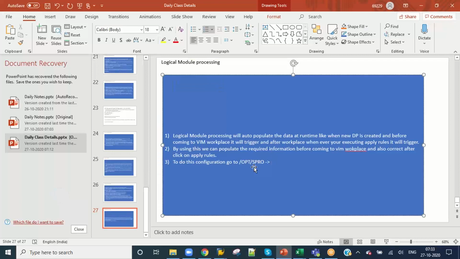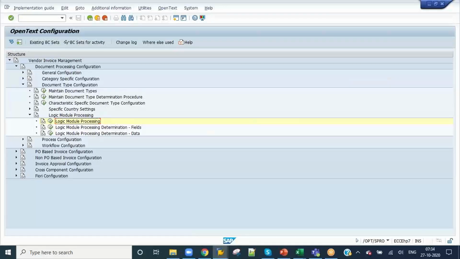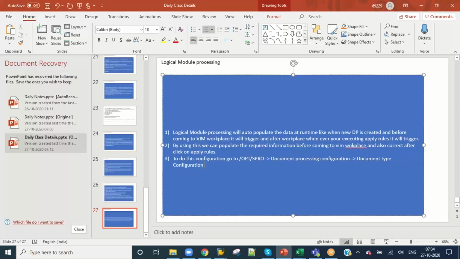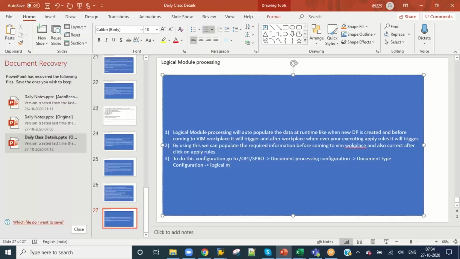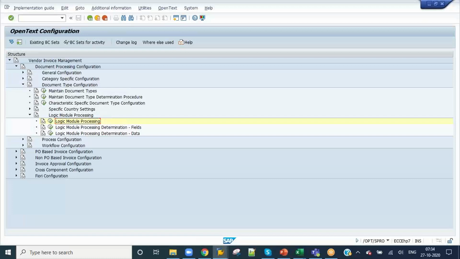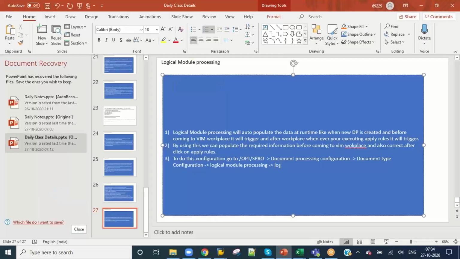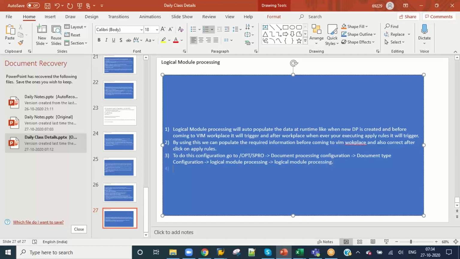logical module processing, under document type, under document processing configuration, document type configuration, and then under that we have logical module processing. So here,